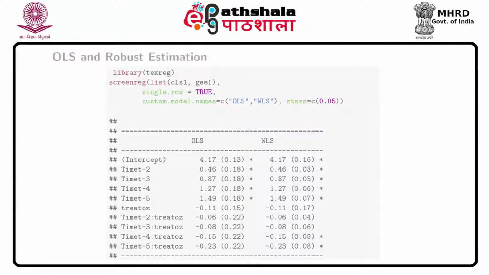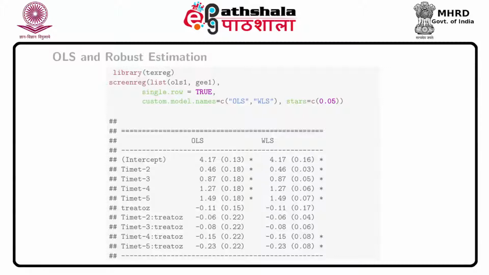Another advantage of using texreg is that the GEE, which doesn't give the p-values, gets them computed, and it indicates whether the estimate is significant or not. Now what we see here is that for the intercept, for all the time points, between OLS and WLS there is not much of a difference. What changes is the standard errors. In general, the standard errors have reduced,